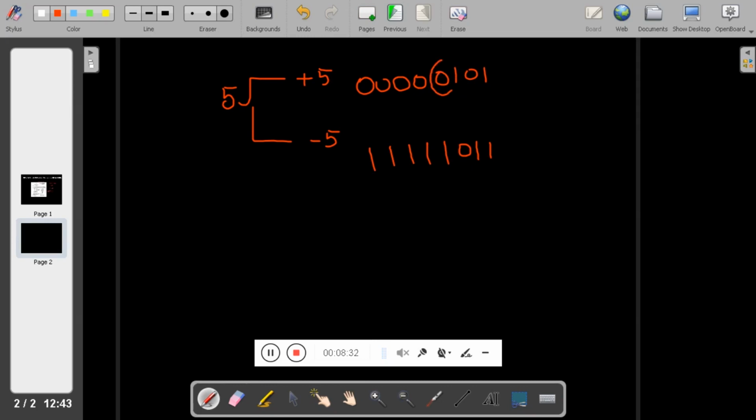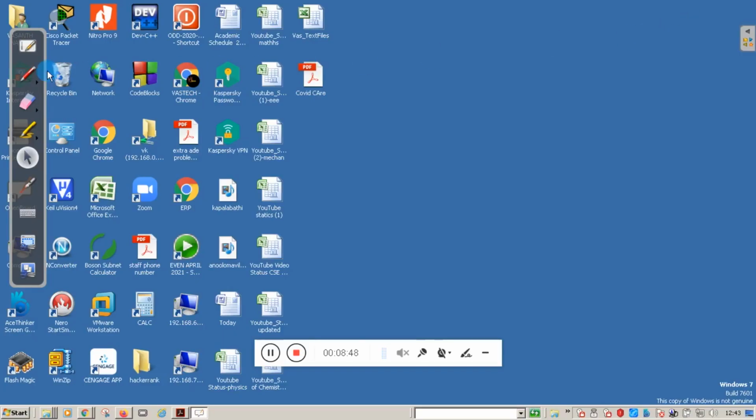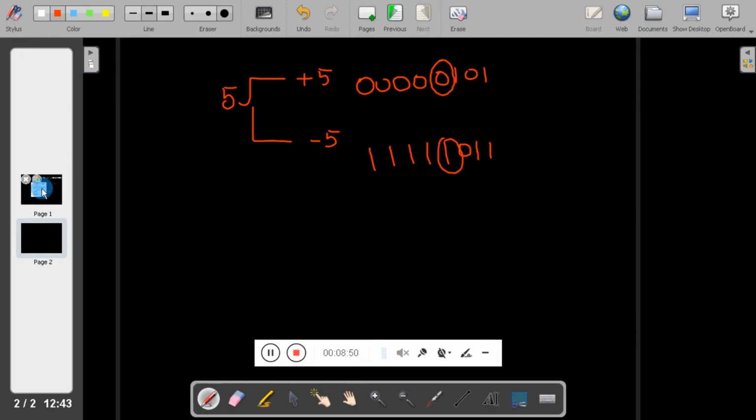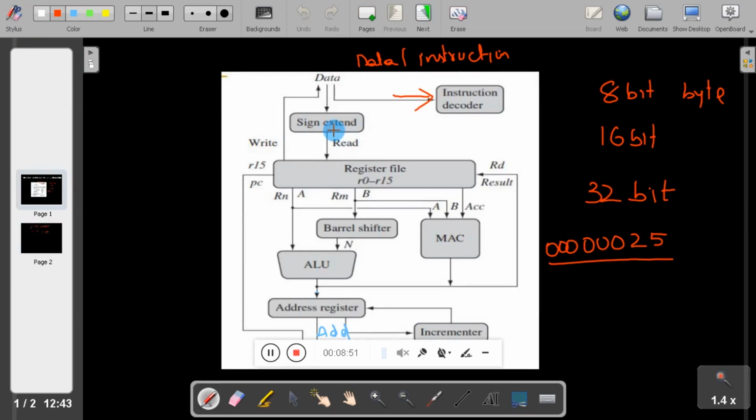If the sign bit is 0, then it will extend the data by adding 0. If the sign bit is 1, it will extend the data by adding 1. That is the job of the extender. So the sign extender will add either 0 or 1 based on the sign bit.